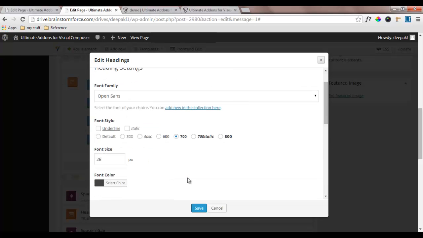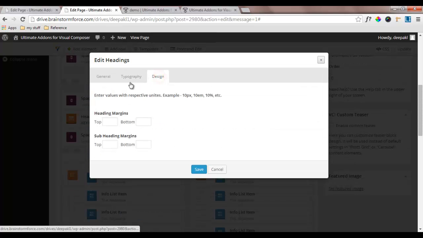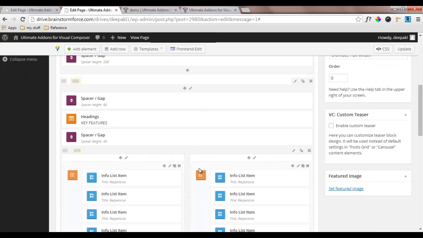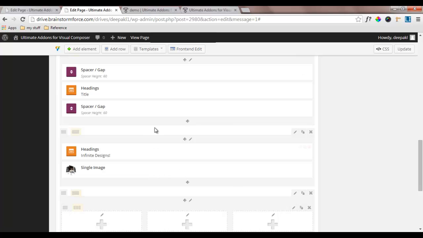So we are done with this, and lastly we'll go for heading margin. For heading margin we won't give anything. For the subheading part, at the top I'll give 15 pixels top margin to the subheading and 40 pixels bottom margin of subheading. I'll save it,